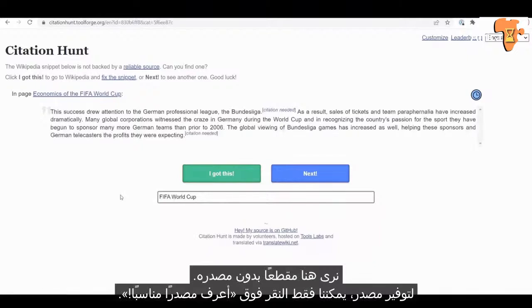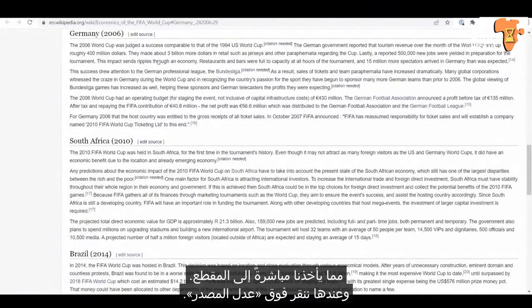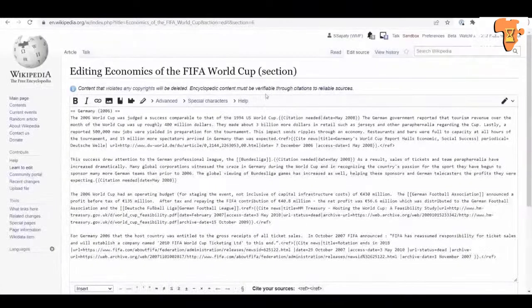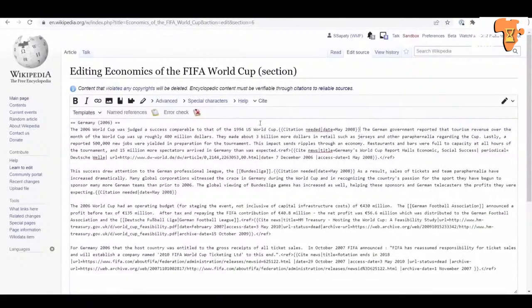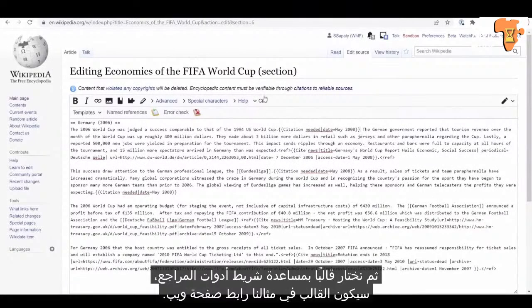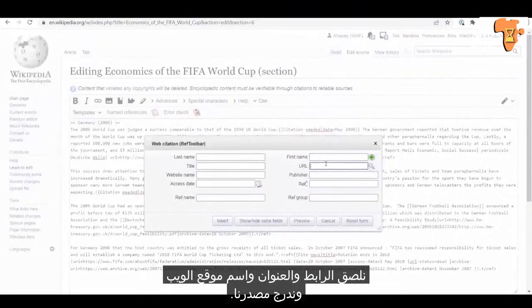So we see a snippet that's not sourced. So in order to provide a source, we can just click, I got this. And it takes us directly to the snippet. We can just click edit source. And we'll make sure our cursor is well positioned. Then with the help of the referencing toolbar, we select the templates, in this case, the web URL. We paste in our URL,